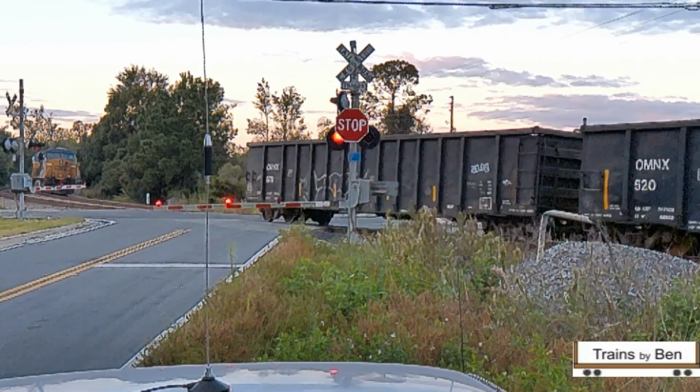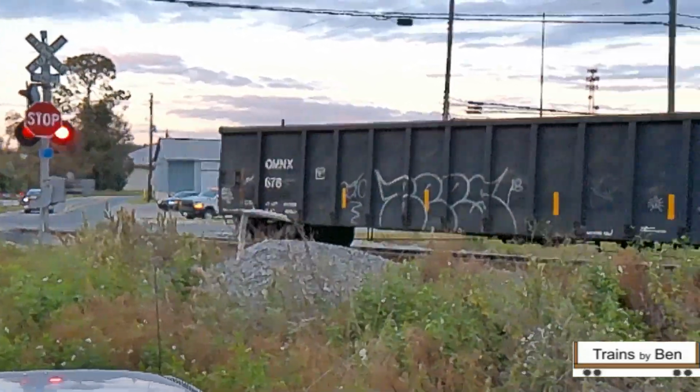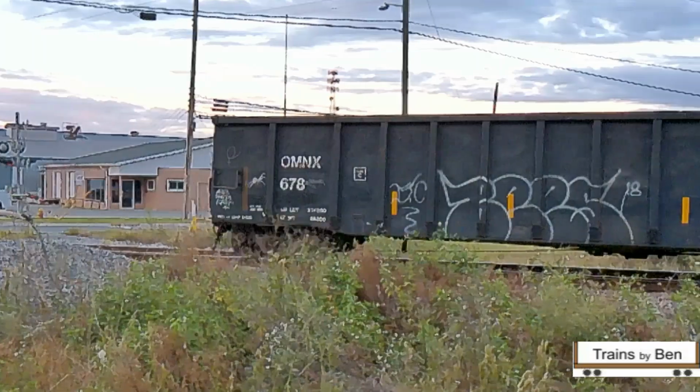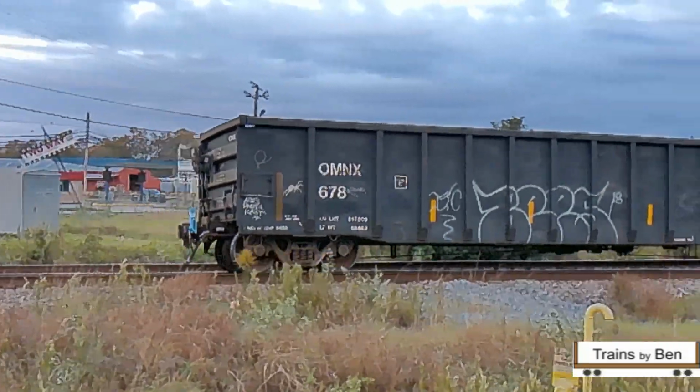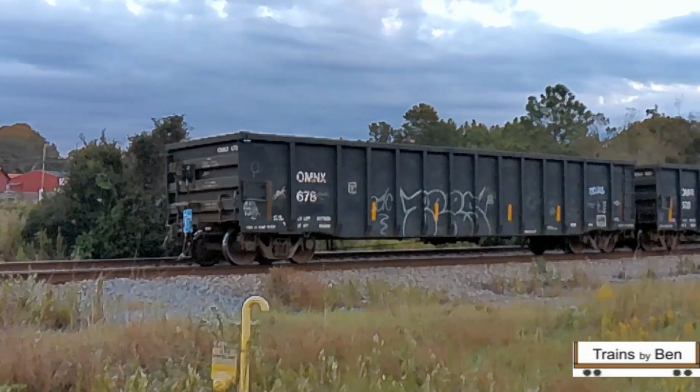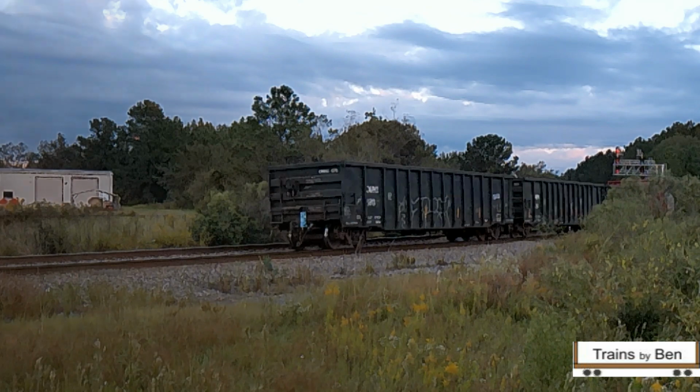If you look straight across the track when this car gets by, you'll see the white work truck that is waiting for the crew change and to do their work to fix this train so it can go ahead on about its business. So we really thought it's cool. We're getting some different stuff, and